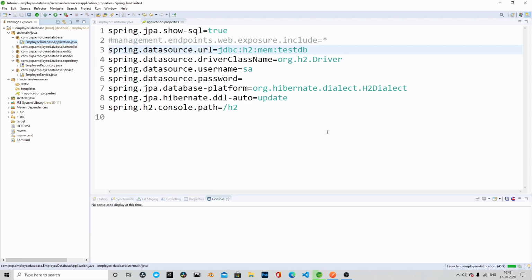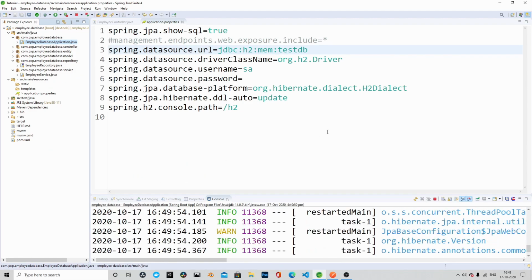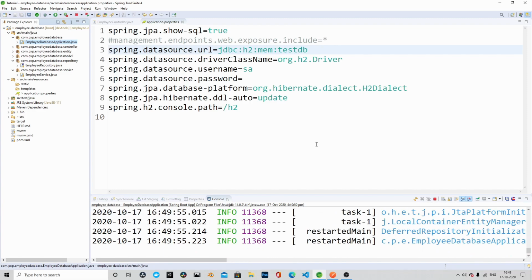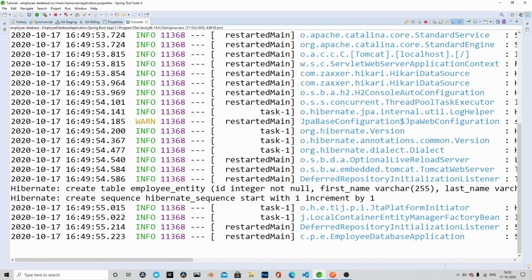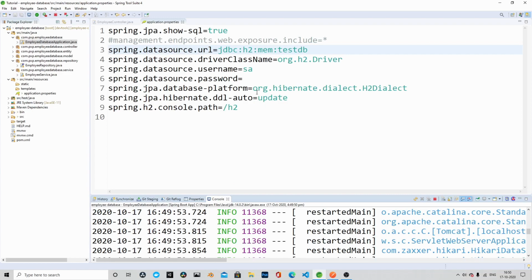Let's go ahead and start the application. And the application is starting. Yes, the application is ready now. It has started. As you can see, the SQLs are dumped into the output console. We will next move to a tool called Postman, from which we will test all our endpoints. So let's move to the Postman tool.